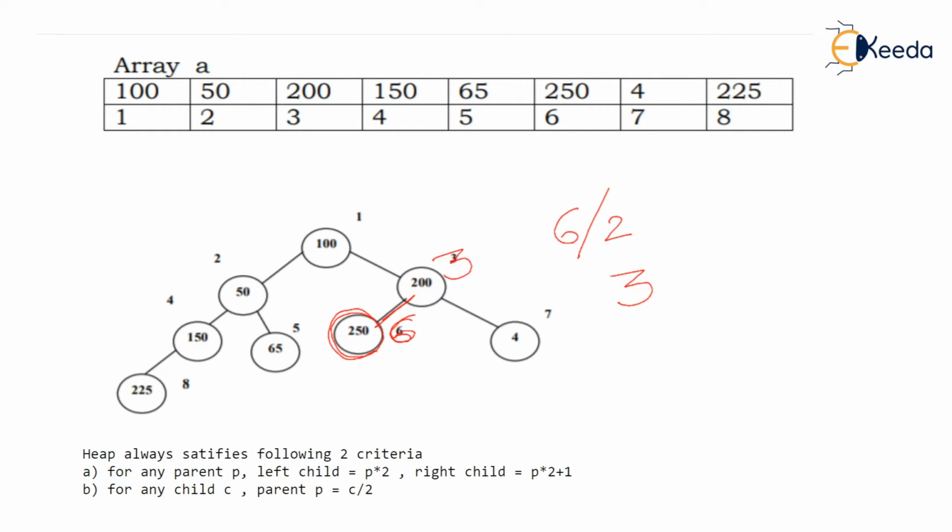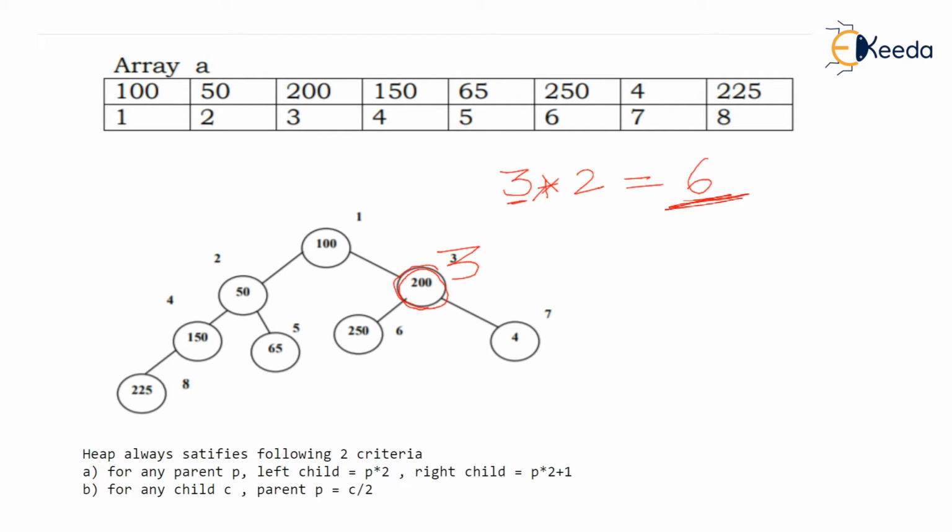Now just check, if you are given any node number, for example, if you are given node number 3, and you are asked, where are the two children of this node number 3 located? Then you can easily multiply this 3 with 2, getting 6. Now this node number 6 is in fact the left child of the node number 3. And you multiply 3 with 2 again, but add 1 to it, and you will get 7. This node number 7 is in fact the right child of this node number 3.